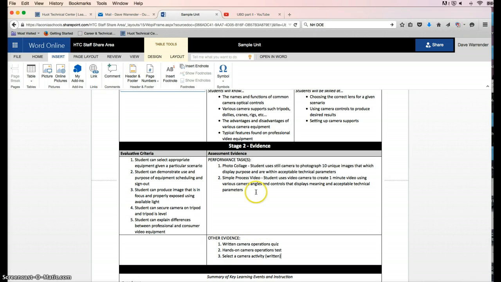So this is what stage 2 of evidence is about. It's about what are the criteria we want students to meet. Again, images in focus, properly exposed, camera secure on tripod. Think about what that would mean in your terms. What does success look like? Sometimes I will equate this to being a column 4 in a rubric, which is that standard when a kid is really getting it. And the assessment evidence is, how am I measuring it? Am I doing it through a performance task? Am I doing it through other types of evidence?